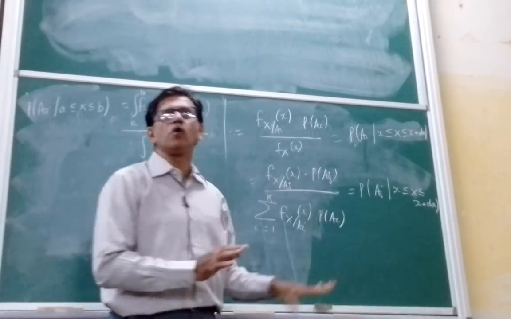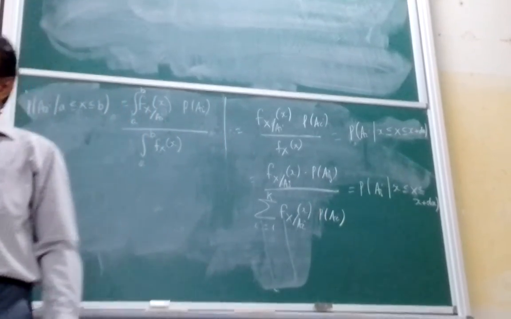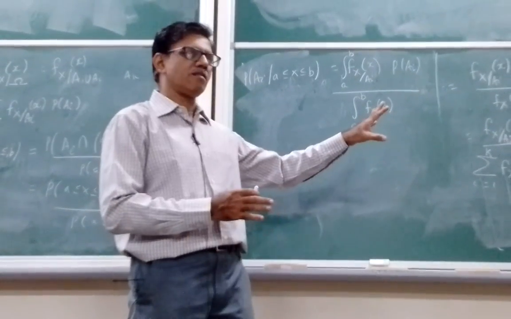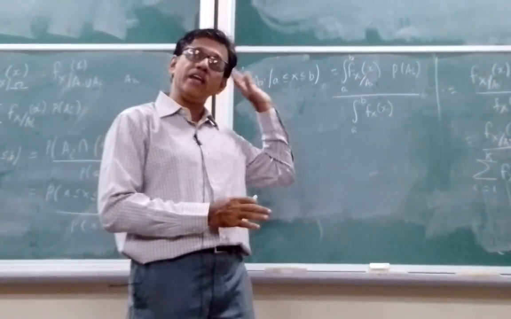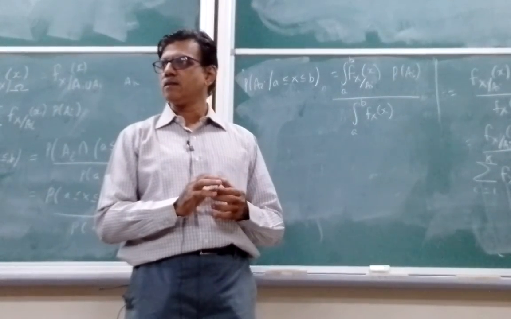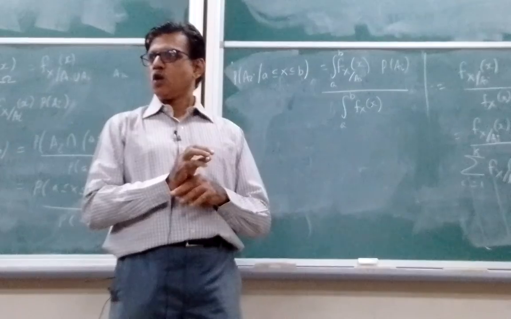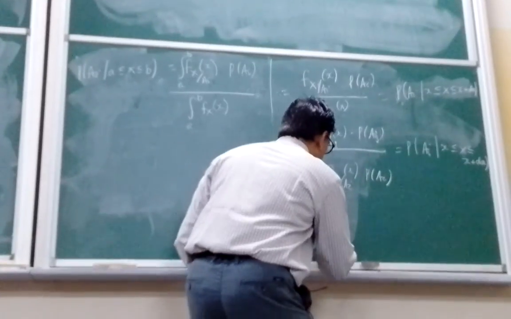How does this form look? This form should be familiar. We have an analogous formulation in the earlier probability theory. It is Bayes' theorem. So this is nothing but the continuous form of